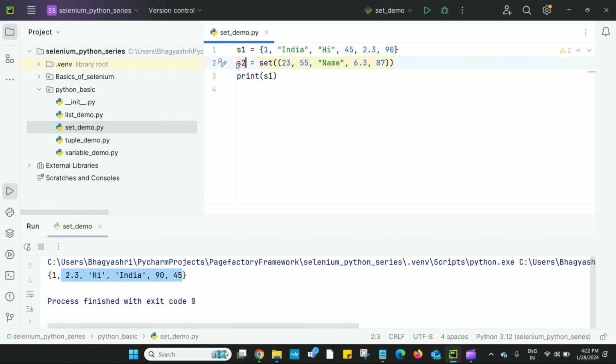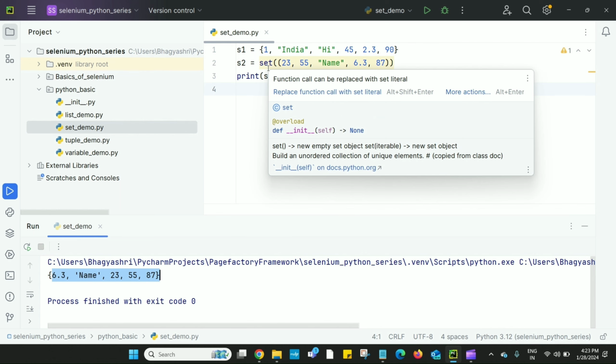We'll name it as S2, and we'll print this set. Let's execute this. Now we are getting this set. So this is the other way of declaring the set.